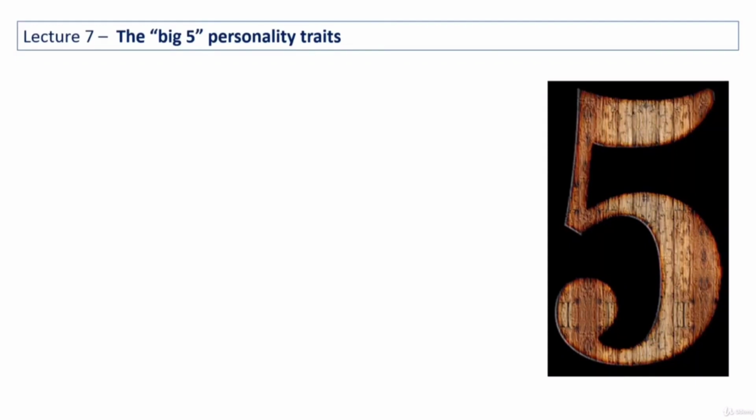Lecture 7. The Big Five Personality Traits. Many contemporary personality psychologists believe that there are 5 basic dimensions of personality, which are often referred to as the Big Five personality traits. And the Big Five personality traits are, in no particular order, openness to experience, the opposite